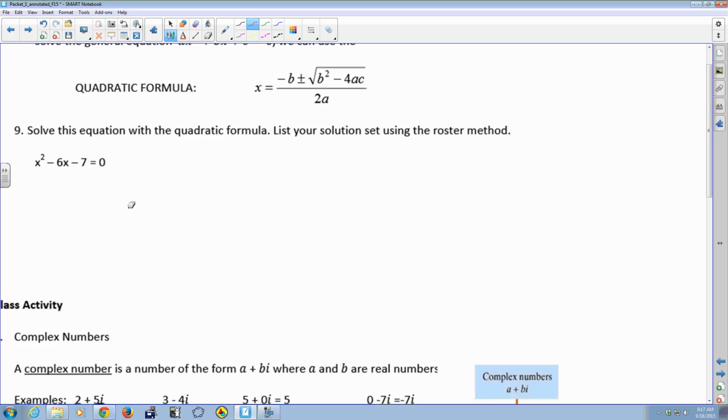However, to have practice with the quadratic formula, how well do you do with memorizing stuff in general as a person? Pretty good? Not so good? Yeah? All right. So why is it that when we're young, we can